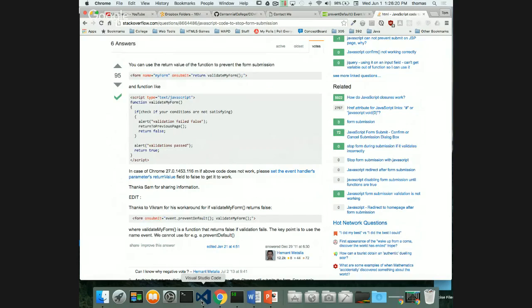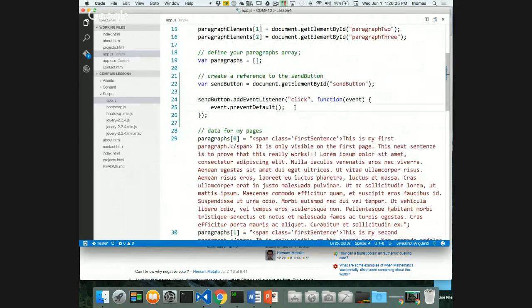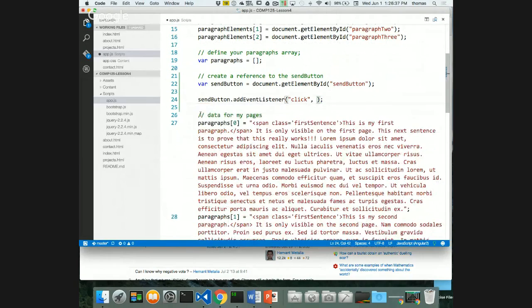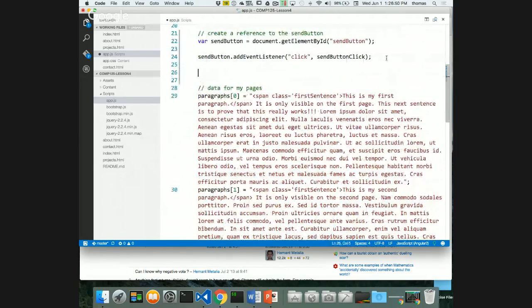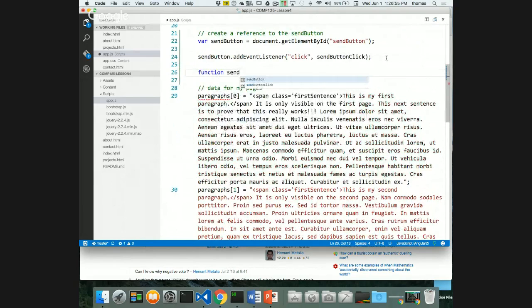All right. So if I go back to this, I've got an event handler for my button. Let's take this away for a second, so I can prove to you that this works, right? Again, here's this inline event handler. By the way, there's another way to write this thing. I can remove this and create a named function, like for example, send button click. This is my new named function. Now this function doesn't exist right now, and I could create it underneath like this. Something like this, function, a named function, send button click,